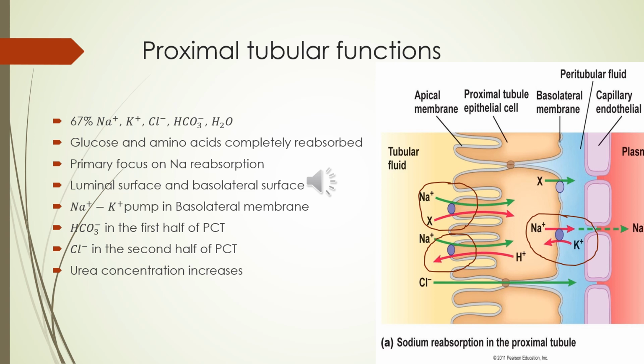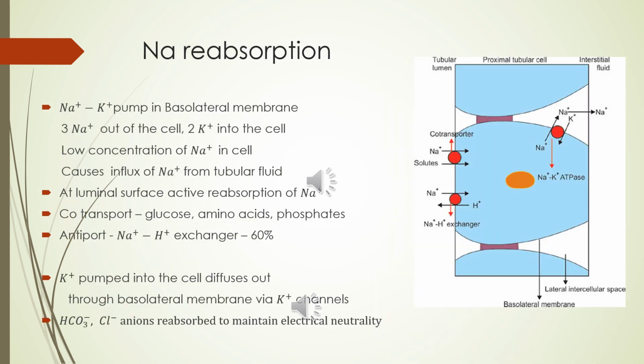And we have said already, glucose and amino acids are completely reabsorbed. 67% of the filtered potassium ions and 67% of water are reabsorbed. So at the end of the proximal tubule, only one third of sodium ion, chloride ion, and potassium ion will be there, and glucose, amino acids and bicarbonates will be completely absent. Regarding urea, only part of it is reabsorbed in this proximal part, and hence the concentration of urea will be higher by the end of the proximal tubule.